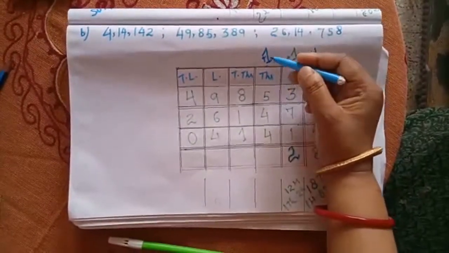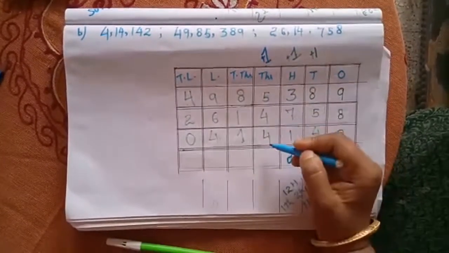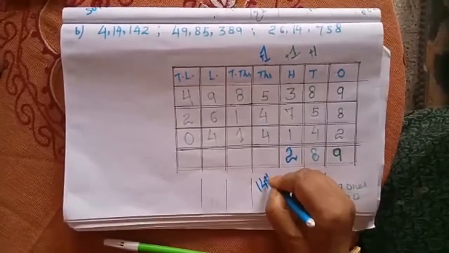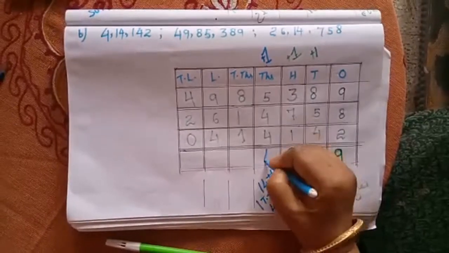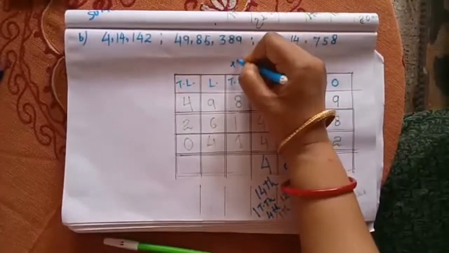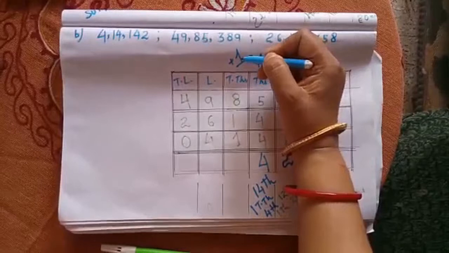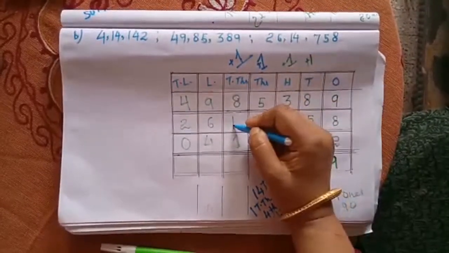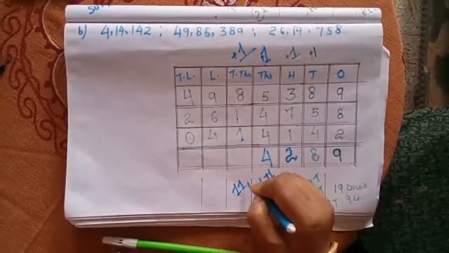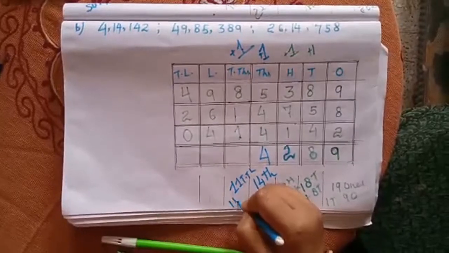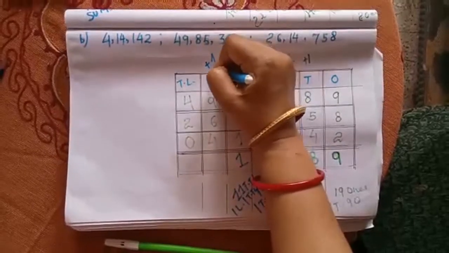So adding thousands, I will take 1000 as a carryover, 1000 plus 5000 plus 4000 plus 4000, it is 14,000. So it is having 1 10,000 and 4,000. So 4,000 will come over here, and 1 10,000 will be taken as a carryover. Adding 10,000s, we take 1 10,000 carryover plus 8 10,000 plus 1 10,000 plus 1 10,000. 8 plus 1 is 9, plus 1 is 10, plus 1 is 11. It is 11 10,000. It is having 1 lakh and 1 10,000. So it is 1 10,000 and 1 lakh will go as a carryover.